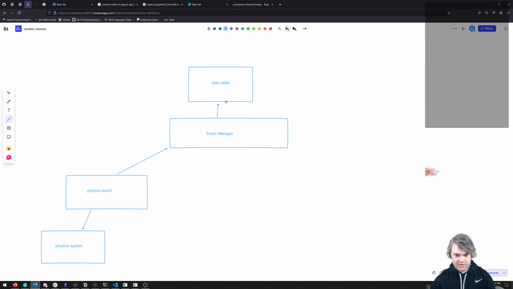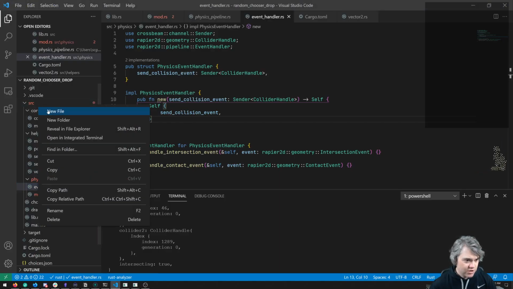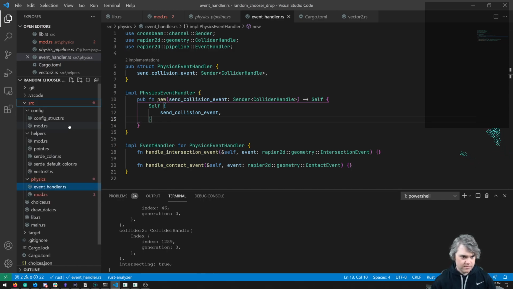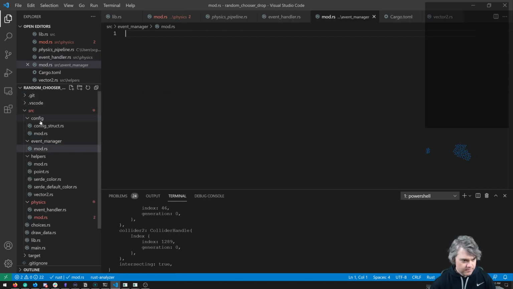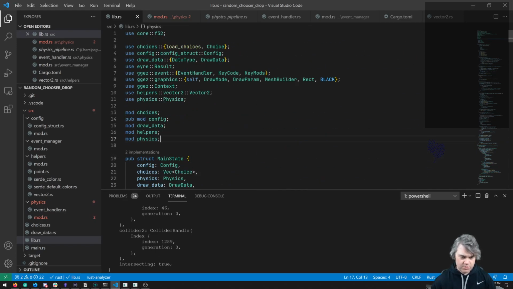So this is what we need to build now, the event manager. The event manager is going to allow things like main state to subscribe to certain events. So we need an entire event system. In our source, I'm going to create a new folder, event manager. We're going to have a mod.rs, and that means in our main library, to make sure you're aware of it,